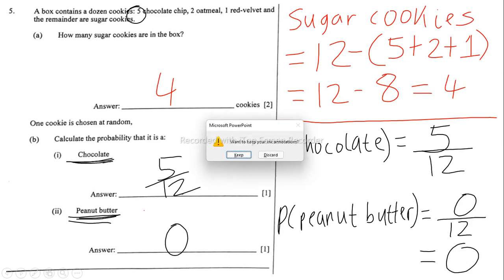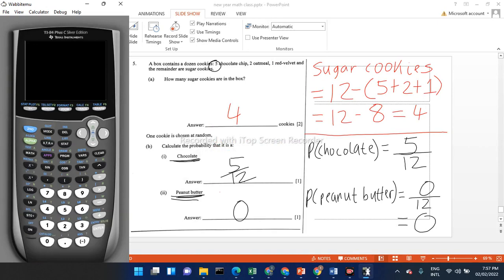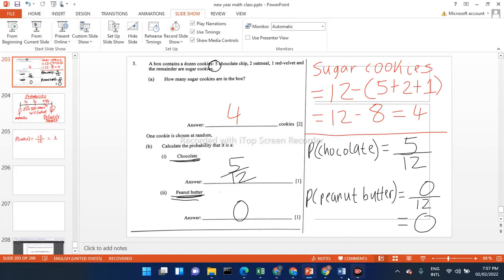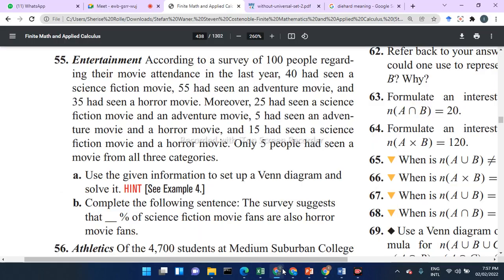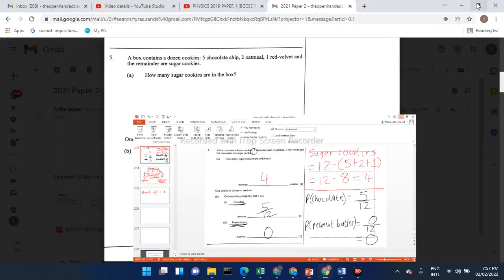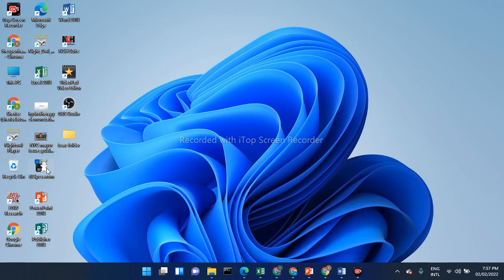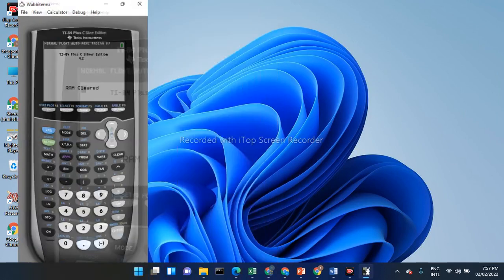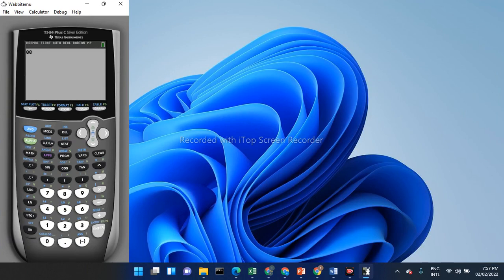Let me just prove that here with my lovely calculator. This will be the last time I'm using this for today, so I might as well take advantage of it. 0 divided by 12. So 0 divided by 12 is 0. But 12 divided by 0 is undefined. It's an error. We can't divide by 0. But you could say 0 divided by 12, and that's 0.